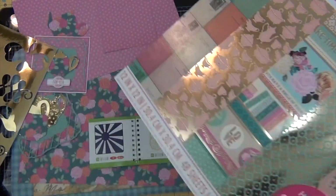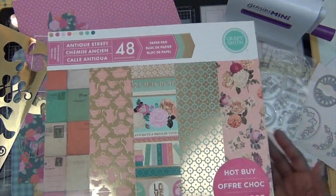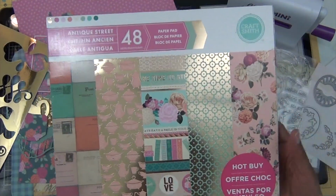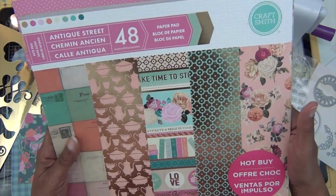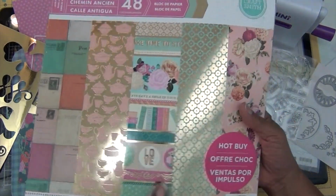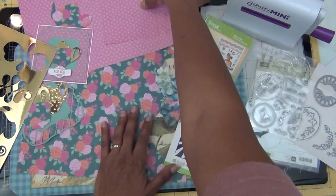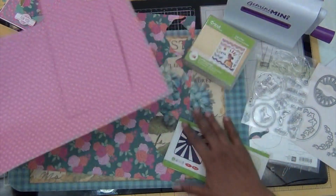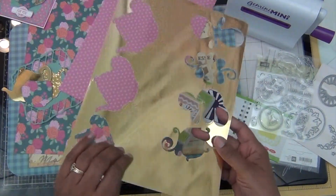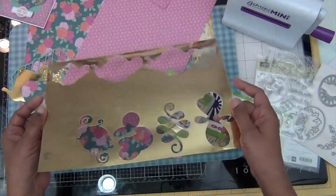So I used this paper in keeping with the use what you have. This is from my stash that I've had for quite a few months. This is Antique Street, it looks like what it's called, by Craftsmith. It's so pretty. So I used that, some sheets, and you can see them here from that pack. These couple of sheets here, and this gold mirror card is from